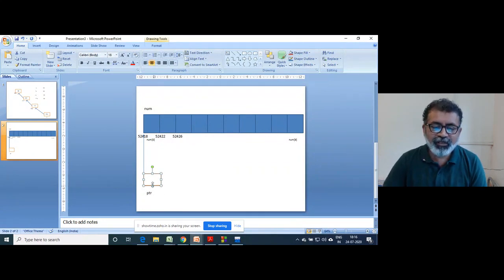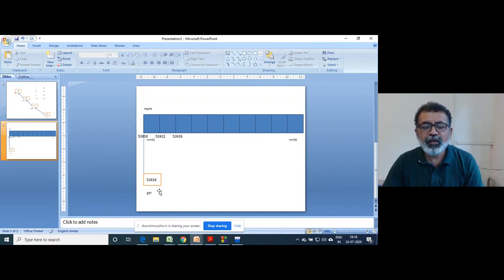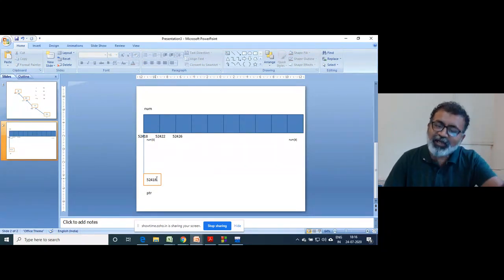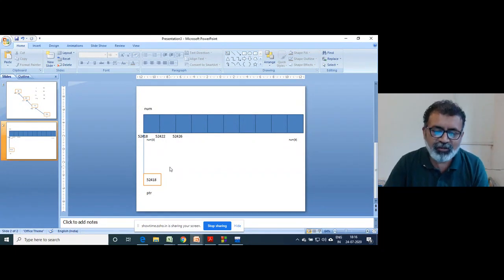Since in the PTR we have stored the address of the first element, that is the reason it is pointing to that location. Got that?